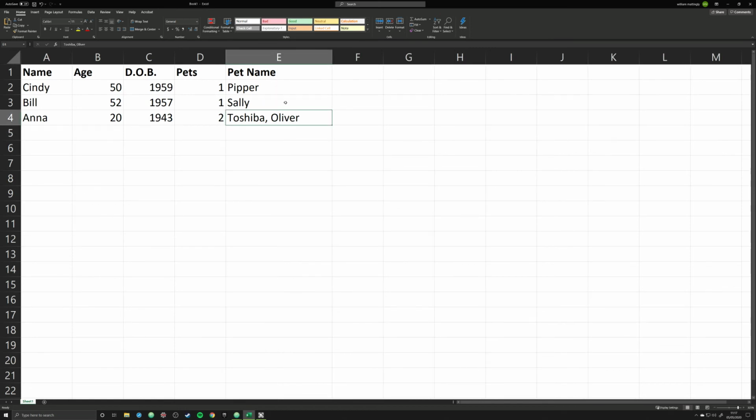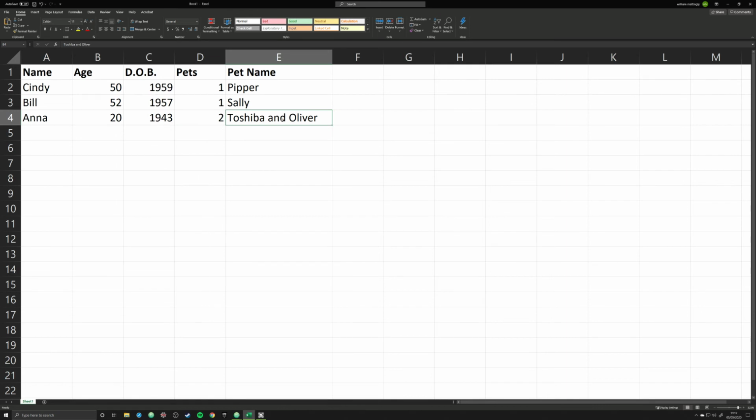But in order to account for this inconsistency in a Python script, I now have to add in a conditional: if there is a comma in this pet name section, or if there is more than one pet here in this pets area, to look for a comma. What if the person entering the data didn't use a comma? What if they were inconsistent, and this will happen all the time to you when you're working with data, and they put "and"? Now, if I'm looking for a comma and I don't see one, yet I see two names, I've